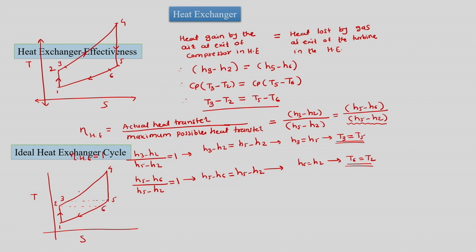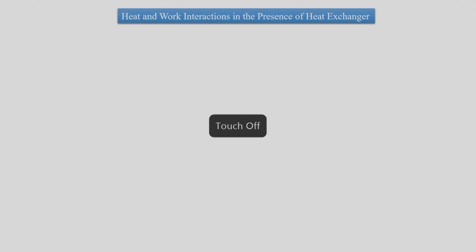So this is how the ideal heat exchanger based Brayton cycle would look like. Then let us move ahead and find out the work interaction and heat interaction